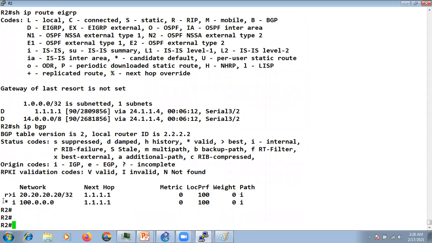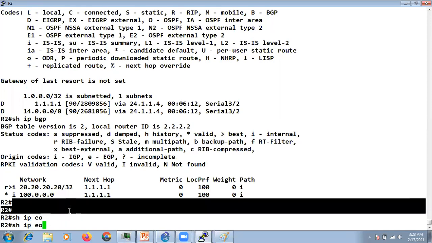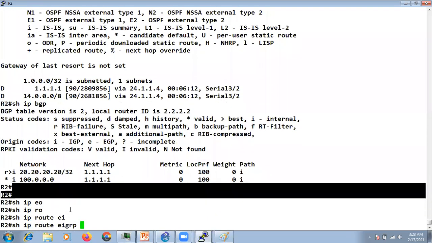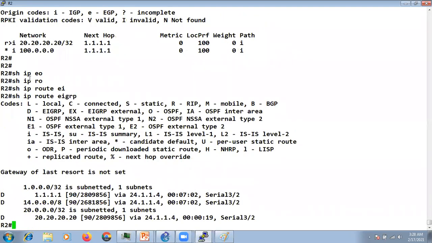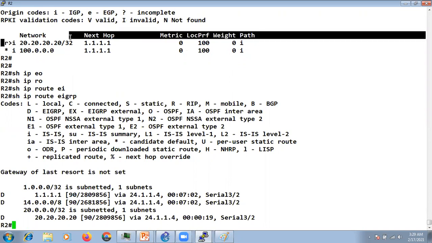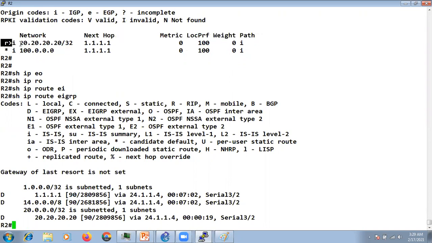You can see the 20 network is best now, because it is reachable via EIGRP, the IGP. But you can see the 100 network is still not best, because we advertised only the 20 network into the IGP, or EIGRP. So this is how synchronization works.